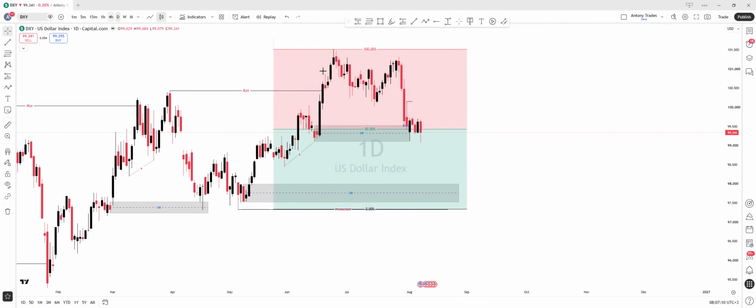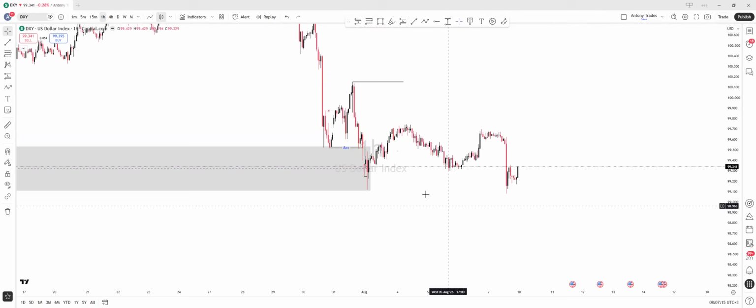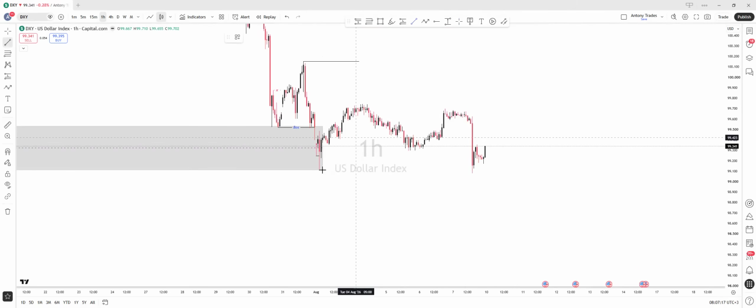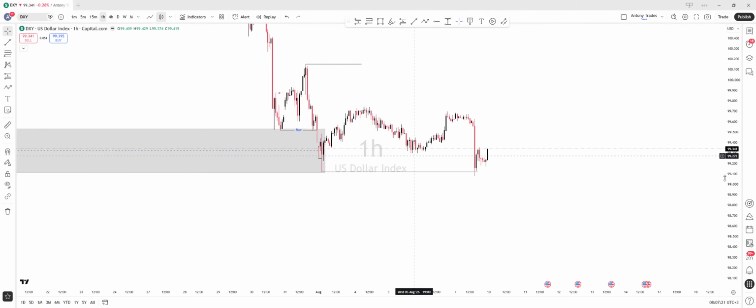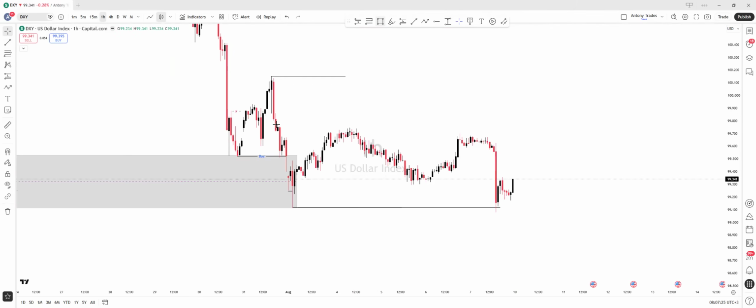Even if you go to the 1 hour, what are we seeing the 1 hour of the DXY doing? So unlike Euro USD, DXY has not yet given us a break of structure to the downside. If you remember closely, guys, the analysis that we did last time, we saw DXY coming to this area here. All right, we saw DXY coming to this area, and then I remember telling you guys that if I see a change of character here, and we saw DXY giving us a change of character,